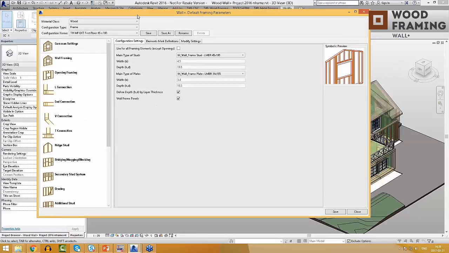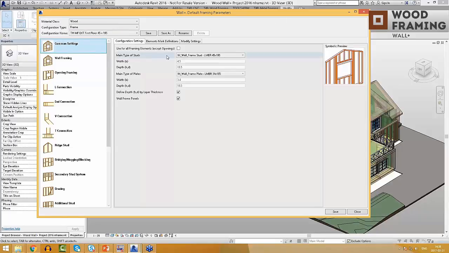So here you are able to create different configurations for frame layer, horizontal nailer, horizontal siding, secondary frame, vertical nailer, vertical siding, and even for the wooden logs. And here you need to create your own configuration name, and then you will be able to use the created configurations for your future projects. So for example, I used this configuration for the walls that I just framed, and here in the common settings